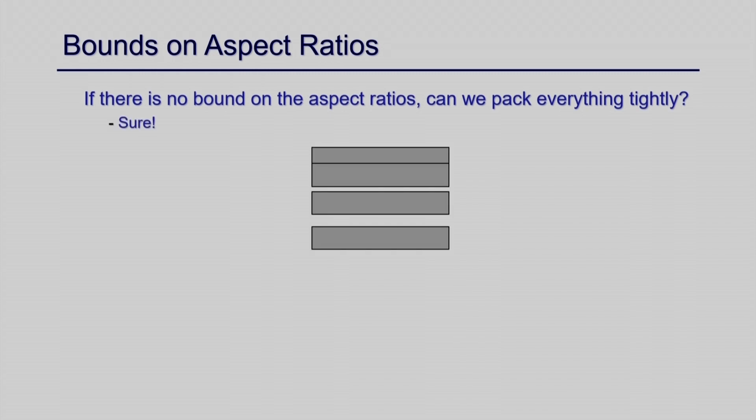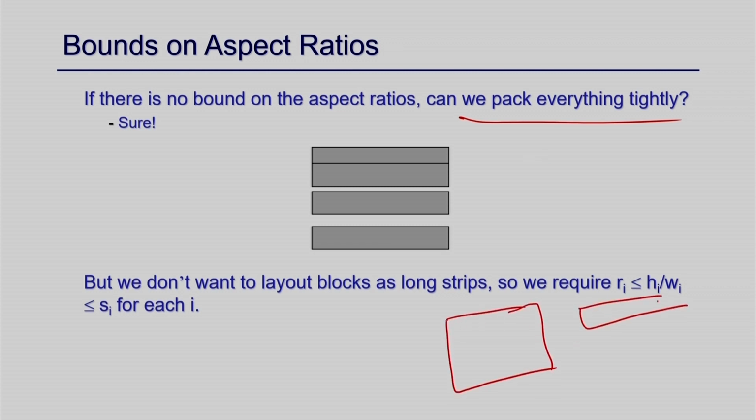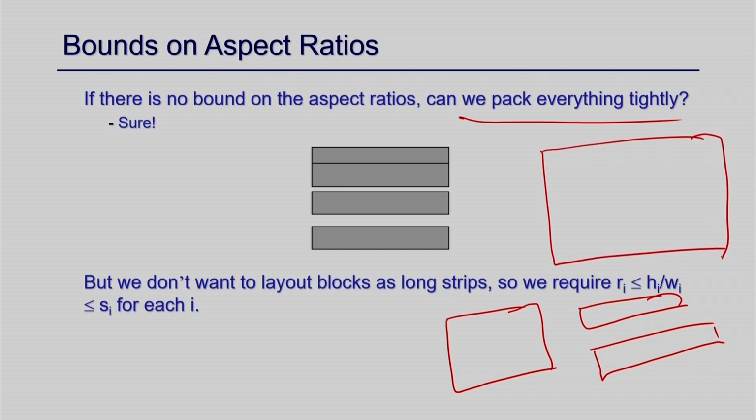So, as I mentioned, the bound on aspect ratio is something, otherwise we could always pack everything tightly, right. Because of the problem I just discussed: suppose your component blocks are like this. There is one block like this, one block like this and one block like this. There are three such blocks. Now suppose this is your chip area. If you place this one, say this is A, you try to place this here, what will happen?